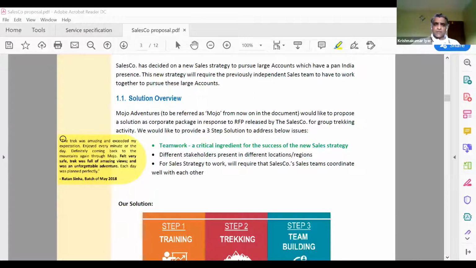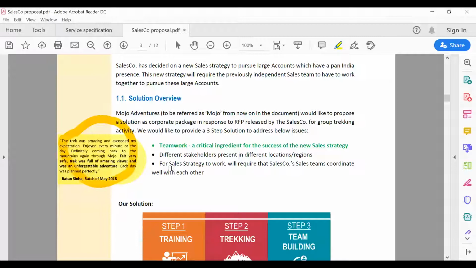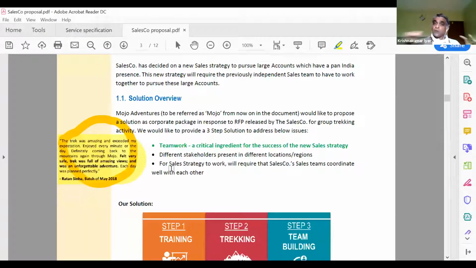On the left, for example, you will notice that there is a client testimonial. Always bring in client testimonials into the relevant sections of your proposal and not keep it hanging somewhere else. Why is this important? This adds a lot of credibility to your claim, right? And if you read through the entire testimonial, it indeed does that.